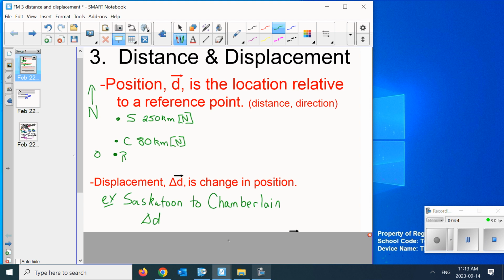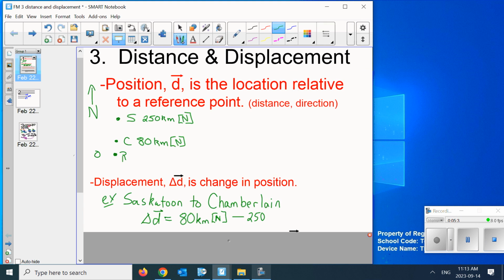Displacement is, now we're going to go final minus initial. And I talked about this before. The final destination is at a position of 80 kilometers, and I'm going to put in the n here. If you want for calculations, as long as you have one direction that's positive, you just put the n or the s in or out. That's it. Subtracting final minus initial. Initial position or the starting position is